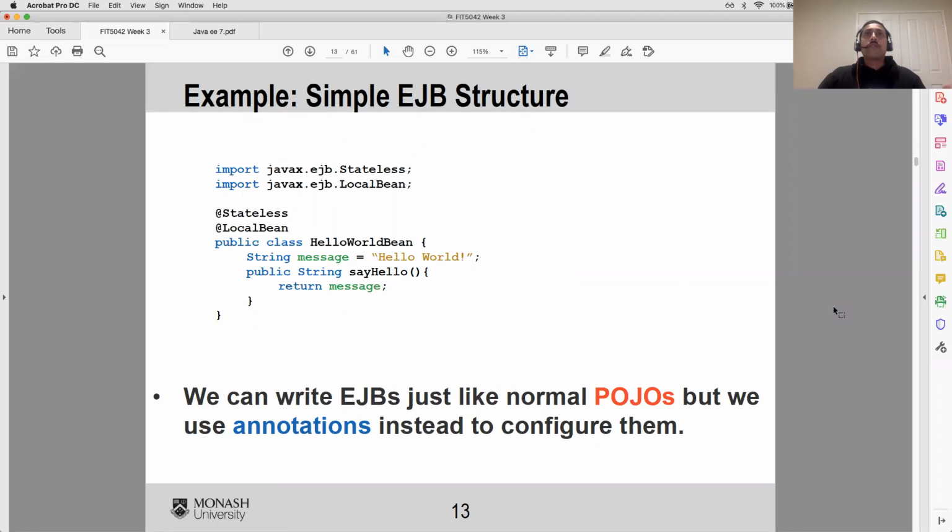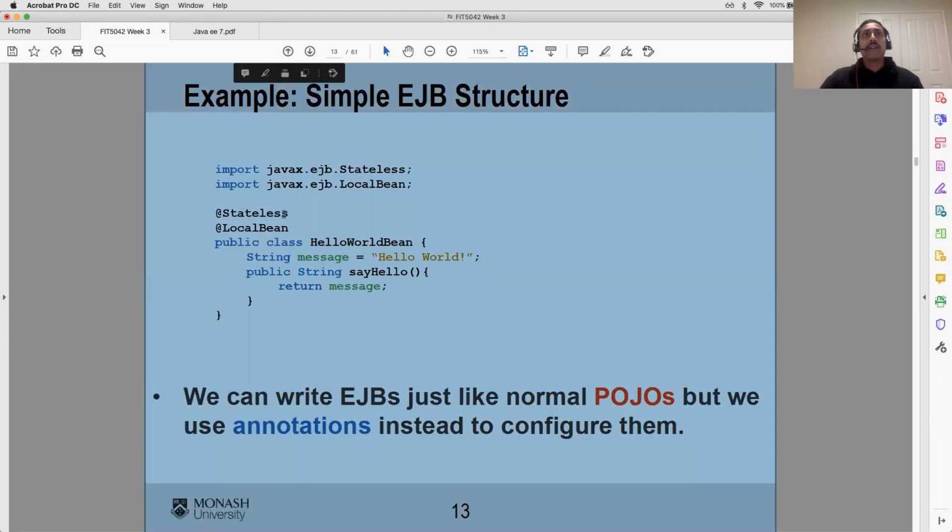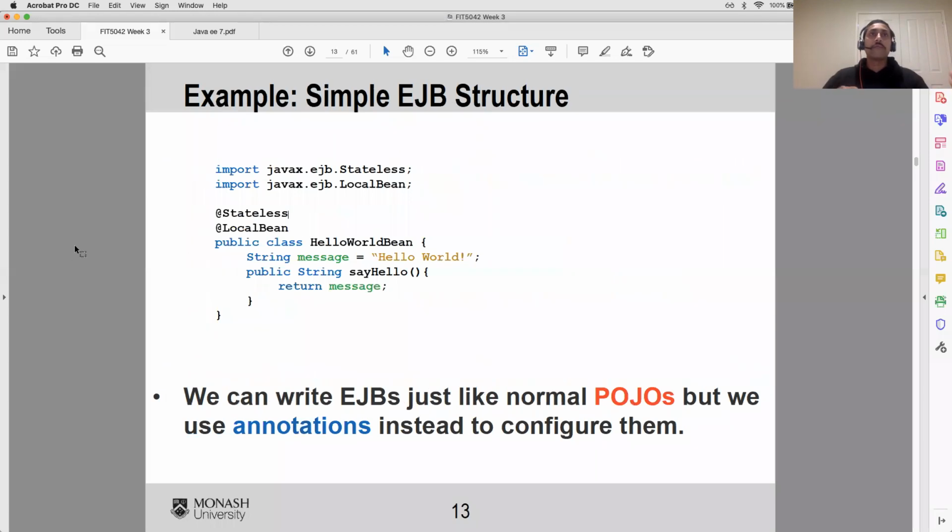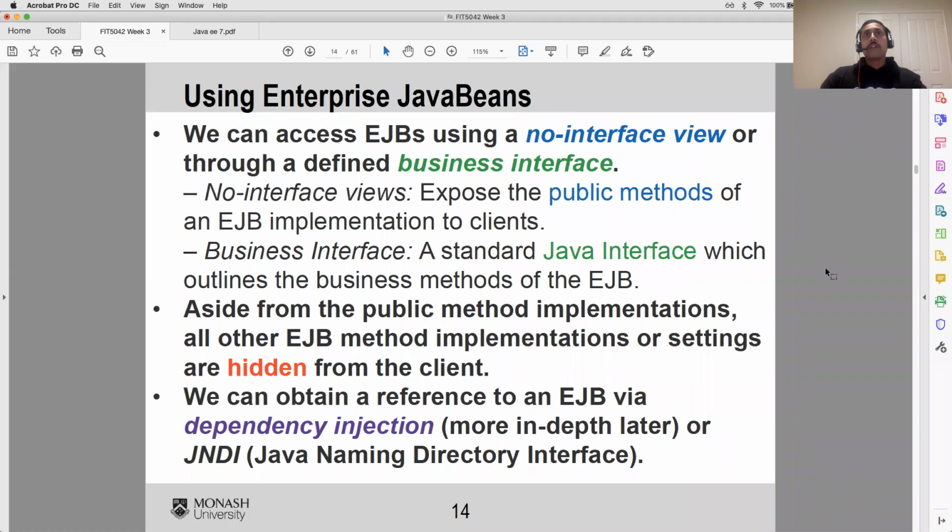So this is the structure of an EJB, where you have a bean class annotated with @Stateless or @Stateful or @Singleton. So you can just write EJBs like normal POJOs and use annotations instead to configure them. Okay, so before we start with the use of EJBs,